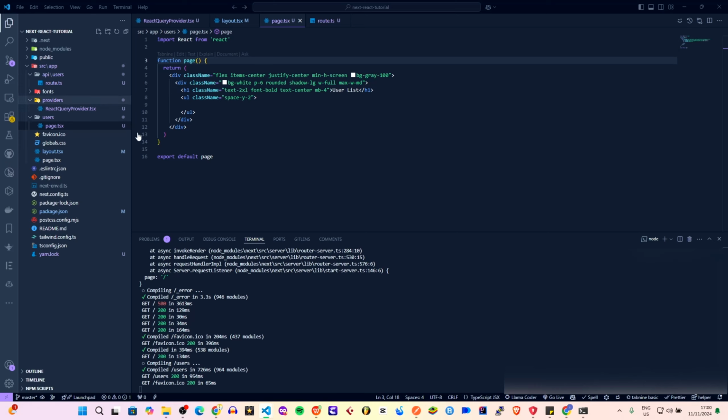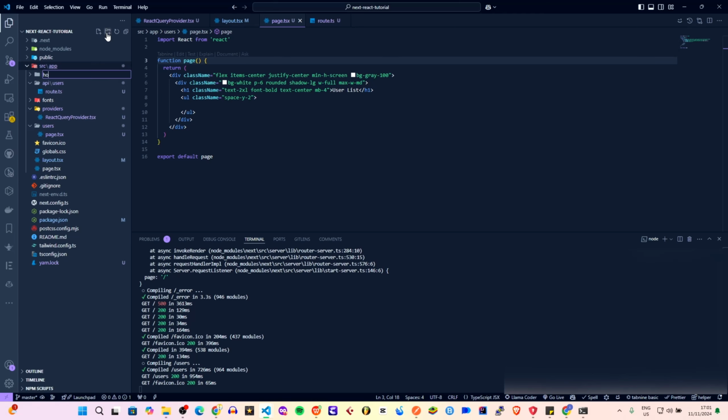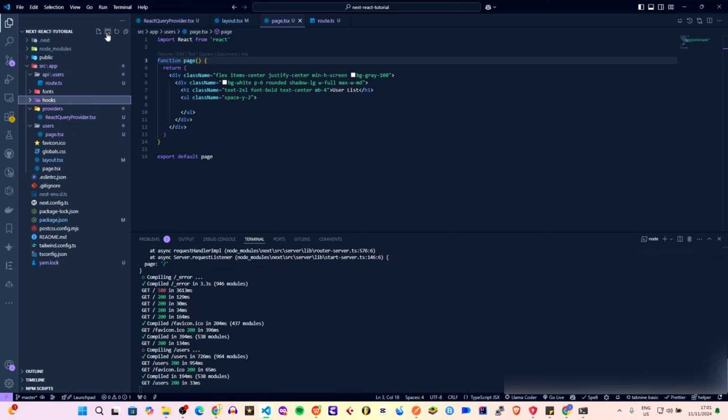We're going to put all our React query code in a folder called hooks. So here we're going to create a new folder, call it hooks. And then we want to create one for the user, call it users hooks,